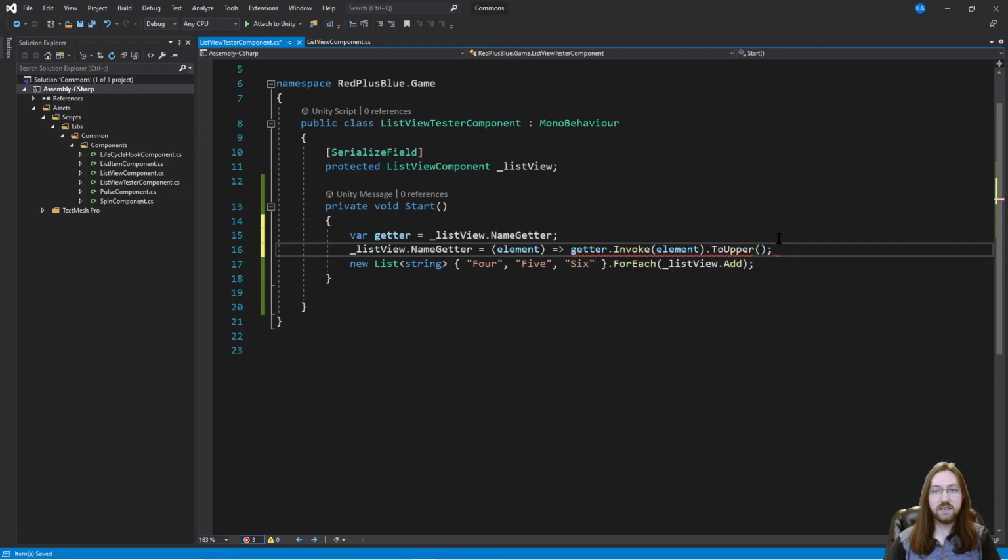Yeah. And so basically what I want to do is invoke the normal getter, which is the one that just says, hey, get me the toString of this. We invoke the normal getter because in a different sort of scenario, these could be more complex objects, and we don't really want this code to be the